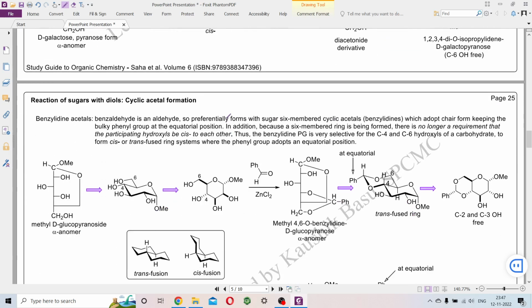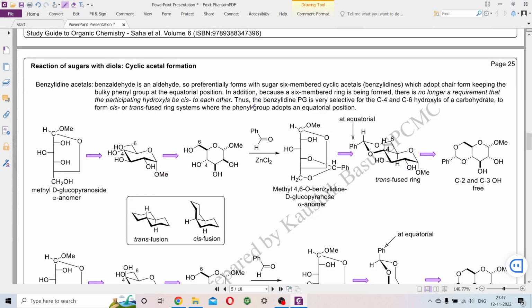Now if we react benzaldehyde, as we know that a 6-membered ring is more stable than a 5-membered ring, because phenyl can be placed at a sterically roomier equatorial position, it has the luxury of forming the 6-membered ring acetal, but 6-membered ring acetal formation requires 1,3 hydroxyls. If one hydroxyl is 1, the other hydroxyl has to be at the 3 position relative to the first hydroxyl, and the cis requirement is not valid anymore, because inside this box I have shown you that